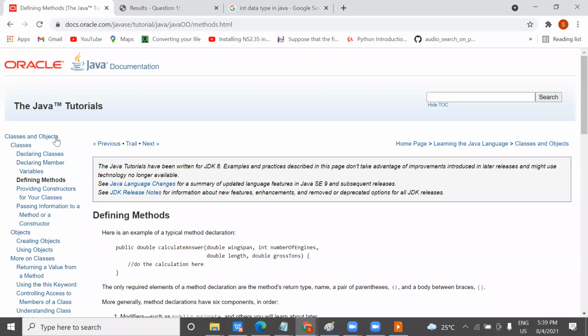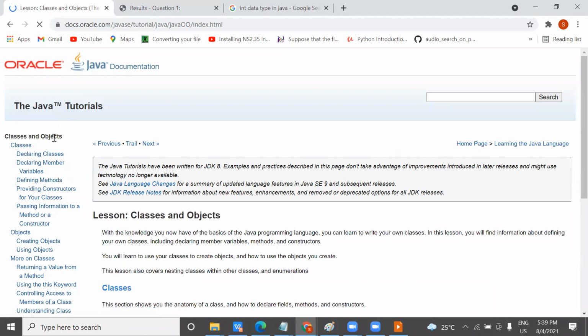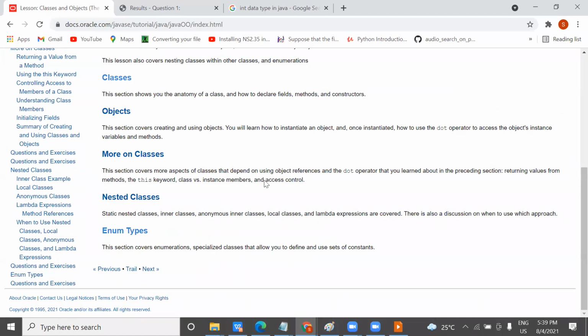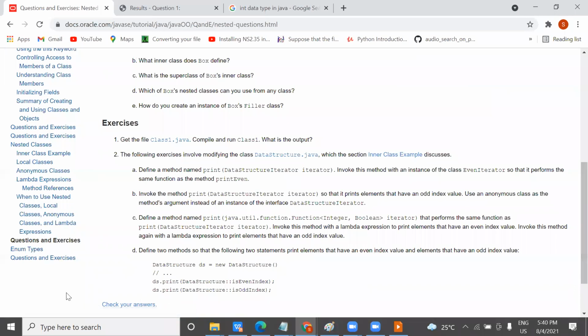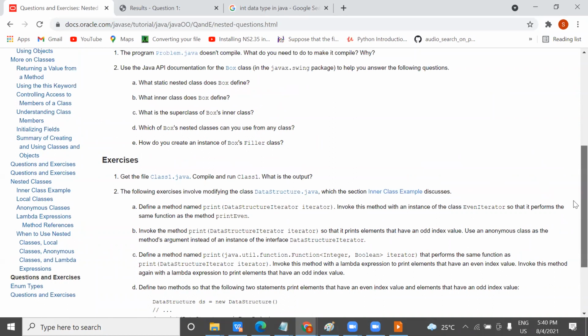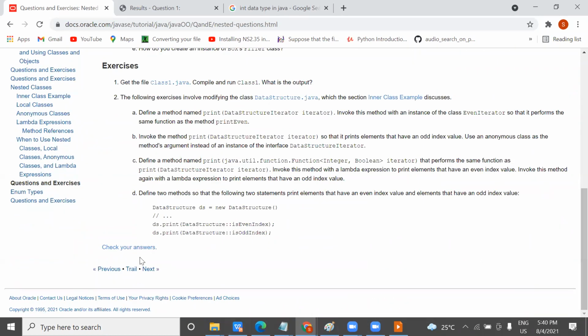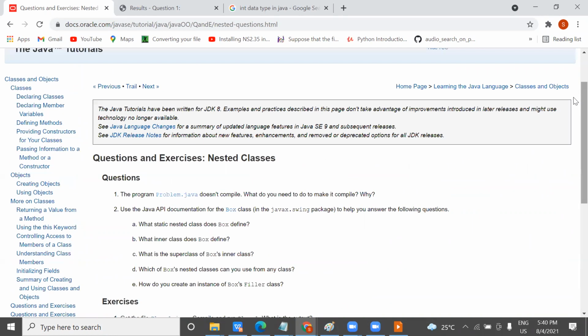And this is the document, like class and object. You click on that, you are going to read about it, then methods and all. We will see this. Even it has questions and exercises also. If you click on questions and exercises, you will get these questions with the solutions. You can check the answers also. So you can learn complete Java from this. You can take the references. Obviously, you won't get many references here, but you will get some idea.